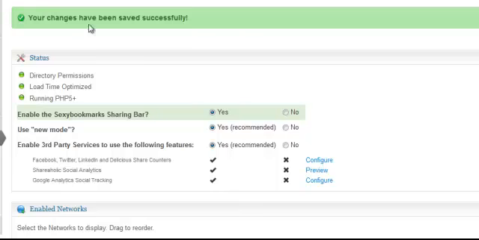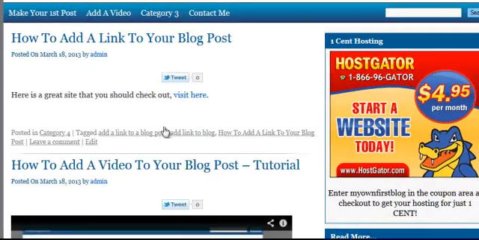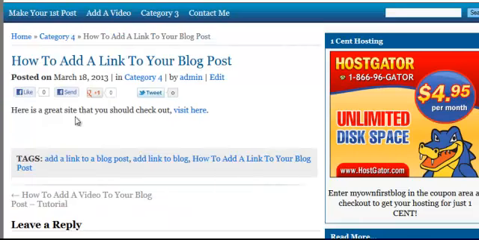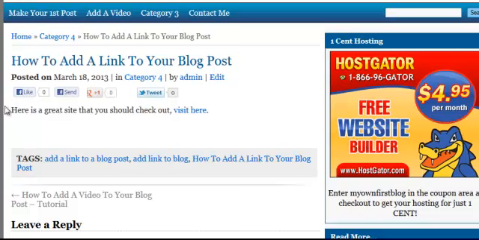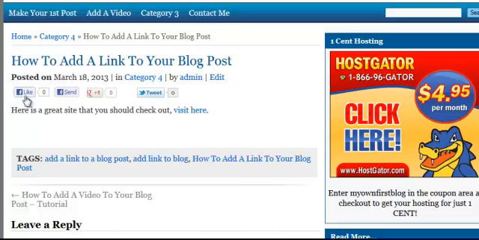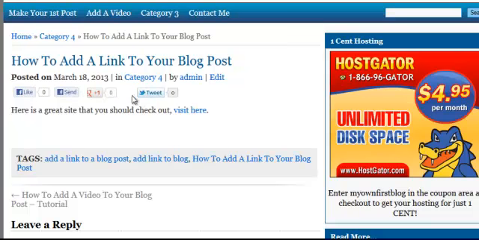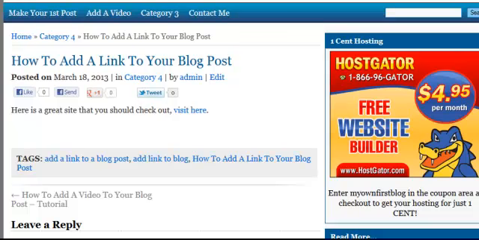It says your changes have been saved successfully. Let's go take a look and see what this looks like. We'll go into one of my posts, and there we go. Now above every post that I put out, it has the like button, the send button, the Google Plus button, and the tweet button. And again, if I wanted to add others to this, I could just go back in, go into my dashboard,